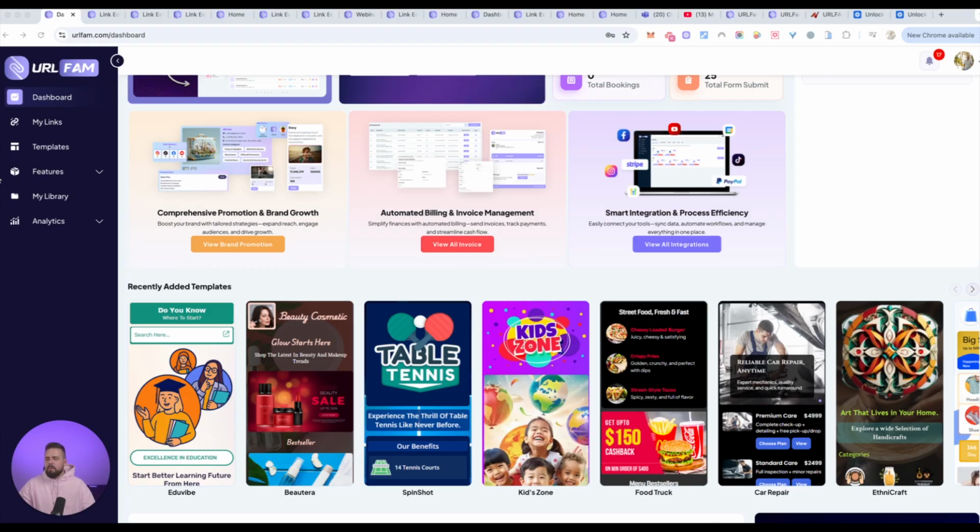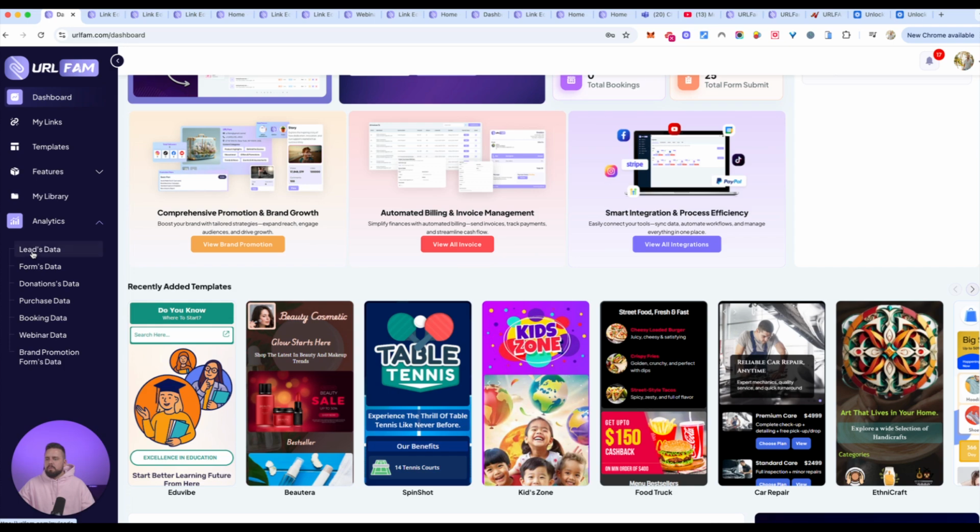Now, to give you a little overview on the other areas under features, here is where we have some of our other tools that we include inside of URLFam, like the ability to create live invoices, to create your own products inside, so you can add them onto your individual URLFam page, so someone can buy and check out directly on that one link, and they will be sent emails with their login details or the product itself, an intangible product or anything like that. Appointments, because again, we have live booking generators inside, so people can book appointments. We can also sync it across with our Gmail or Google Calendar, push notifications,